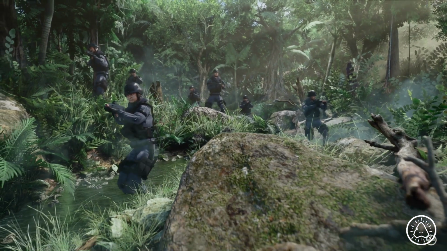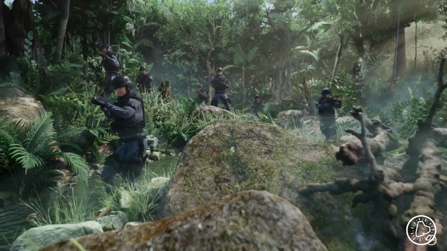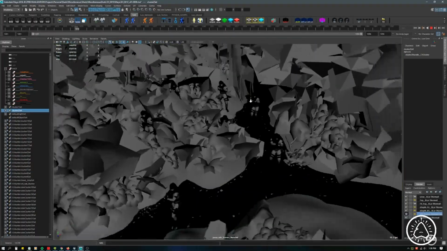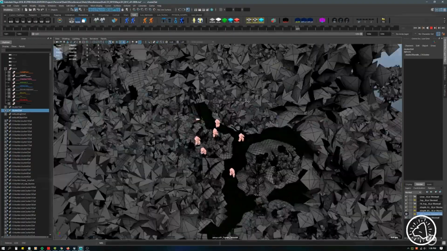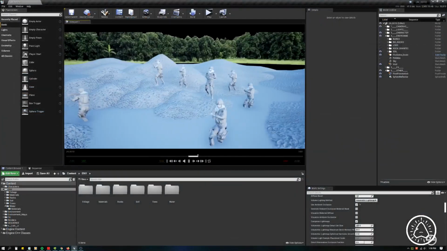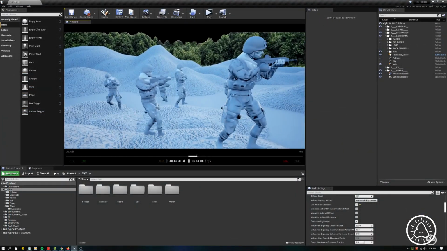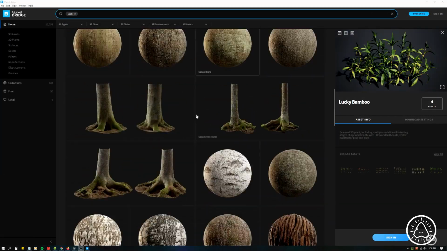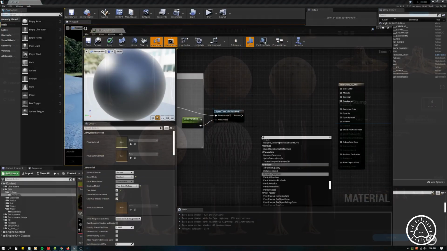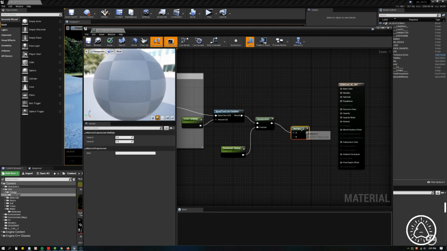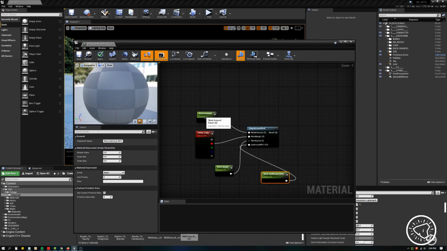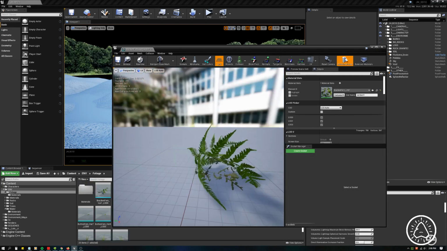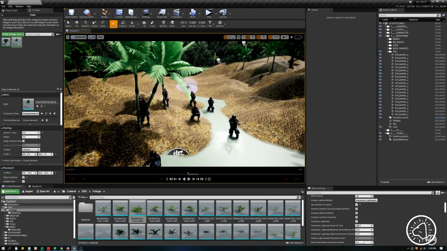And here I'm exporting all those characters as geocache, and then all the environment, but everything comes in grayscale because it's a different texture system. So once I have all that, I go through the Quixel Megascans library, try to choose what foliage, what objects I want to use. Then here I'll create a material, and I'll apply something to the material which will make